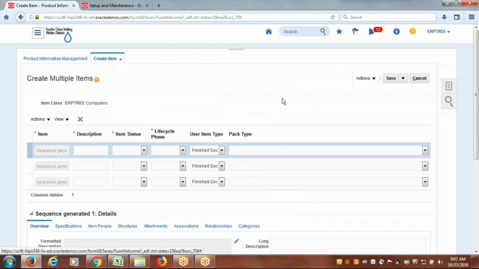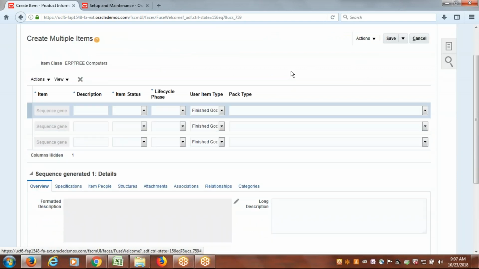Here we have to provide the description. Same process, just at a time we can create multiple items, that's all. As per the item class, whatever item numbering generation we have is defaulting, and based on that it will generate the number. You can provide the description here for three items. Test item 1,